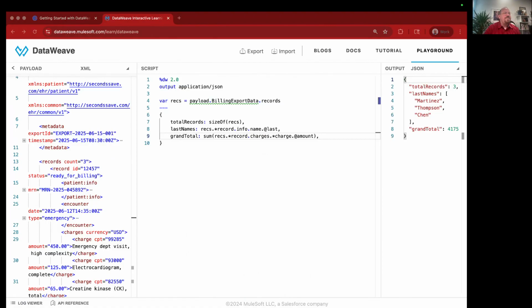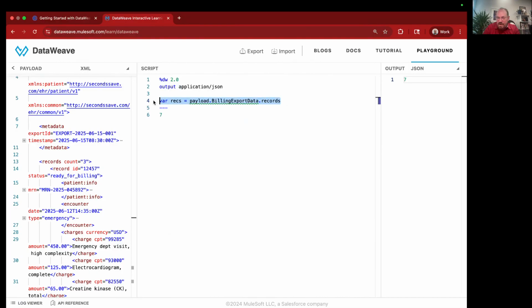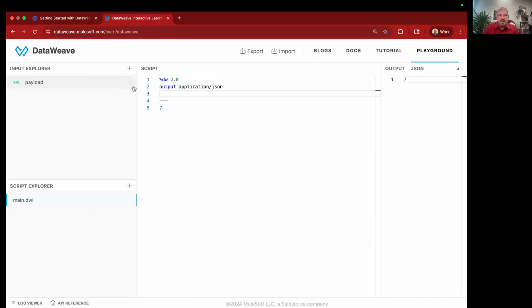Something like that. Okay, I'm not going to lose this code. I'm going to save this and put this in your code share, and I won't erase it later. So this is the final version of the XML dance. There you go. And then I'm going to put what we do next at the top. So we're going to take all of this and erase it and just put the number 7 here. And I can get rid of my payload here too. We're going to get to know the DataWeave type system. So 7